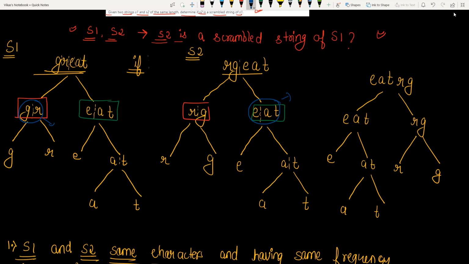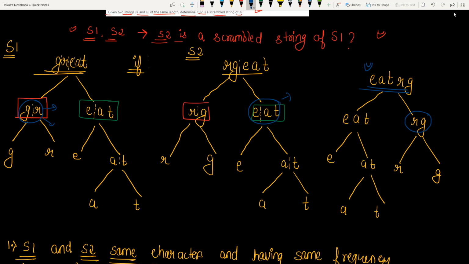Because of this condition, I have drawn one more tree. In this, I have swapped the children of RGEAT, so we get the string EAT and RG. This is also a scramble string of GREAT. So if this condition comes out, then we can say GR is a scramble string of RG.